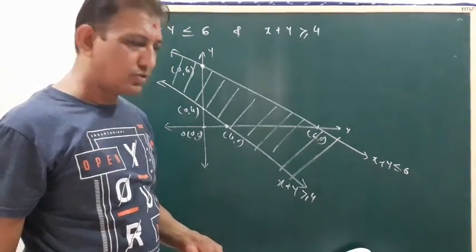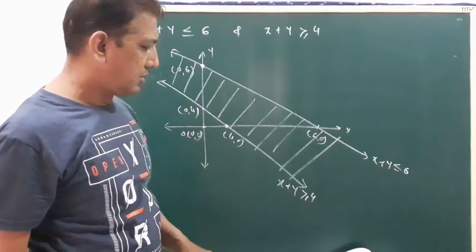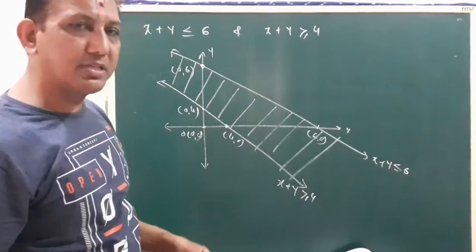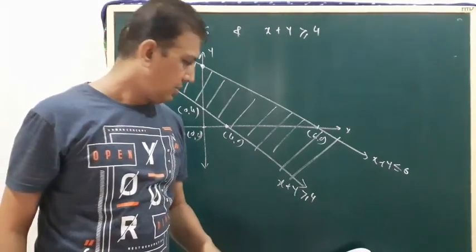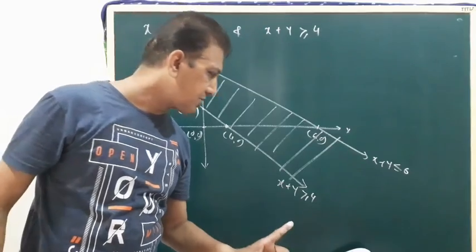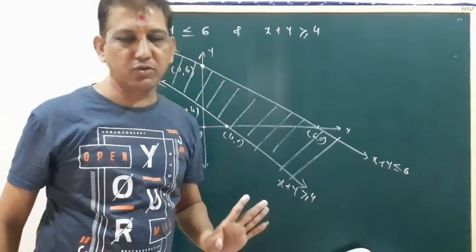Okay. So this is the important sum. Practice this sum and the remaining sums we will discuss in the next lecture. Okay. Thank you very much. 6 sums completed, 1, 2, 3, 4, 5, 6, Exercise number 6.3. Okay. Thank you very much.